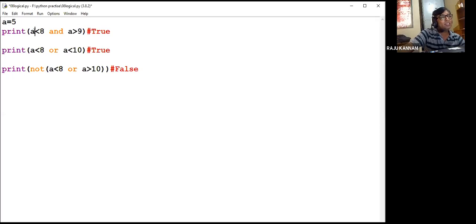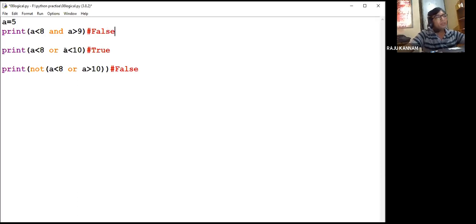This is true and this is false. True means 1, false means 0. If we give 1, 0 to the AND gate, what will be the output? It is 0, right? If you give 1, 0, the answer will be 0. 0 means it is false.